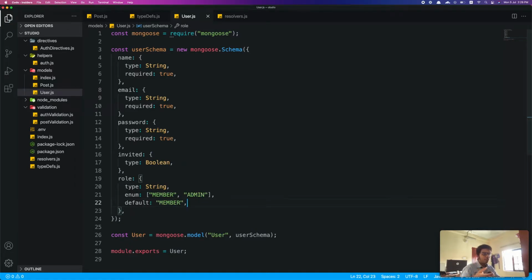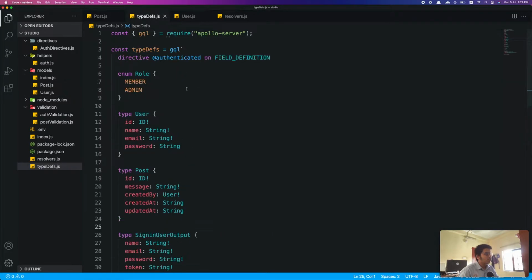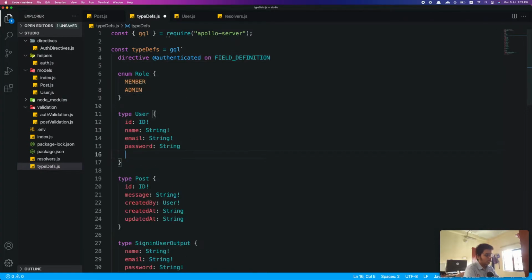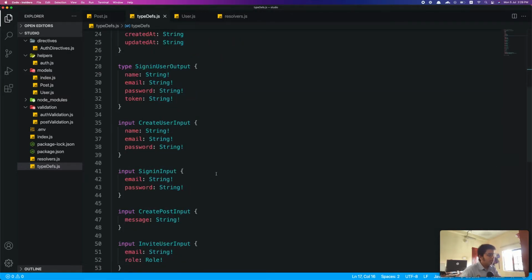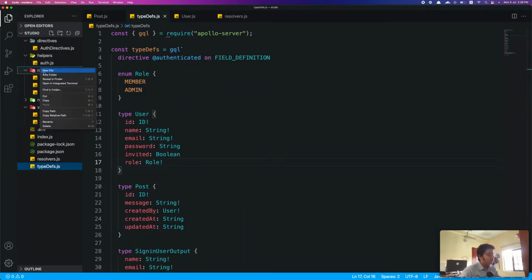Obviously, when we do this right now, we won't get access to the role and invited because we don't have any use of these fields yet. So let's add invited and role in our type definitions as well. Let's go here, invited, which should be a boolean, and role, which will be of type Role, and that is non-nullable because we do need a role in order to do authorization and stuff. So as that is done, let's create our invite user model,